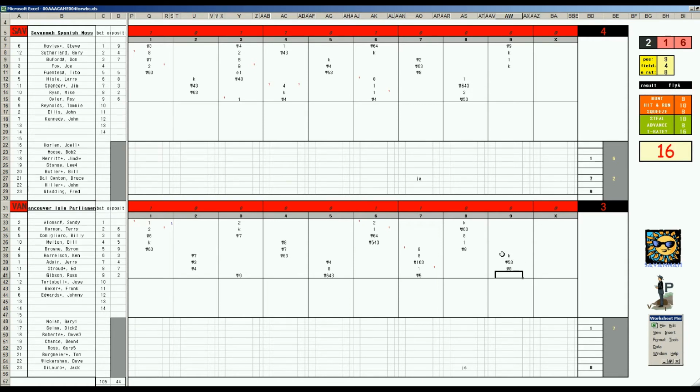59, Ed Stroud flies to center field, and they go down. Yeah, it's just they're a 12 seed, worst advancing seed, and it showed. They lost 4-3. A tough game. They had a couple opportunities here. Double plays ruined it. They put 1, 2, 3, 4, 5, 6, 7 men on in the last 4 frames. That's a shame. Vancouver, you are done